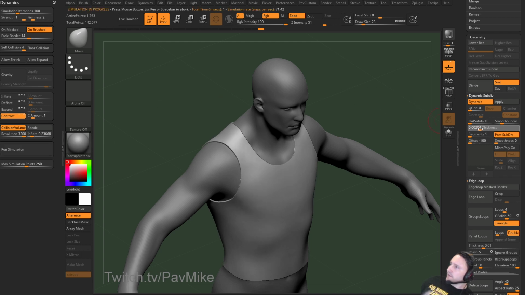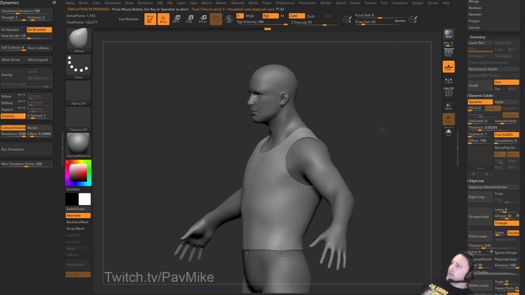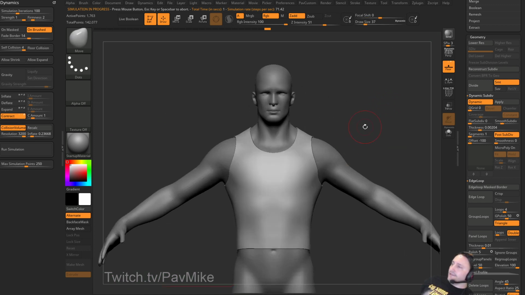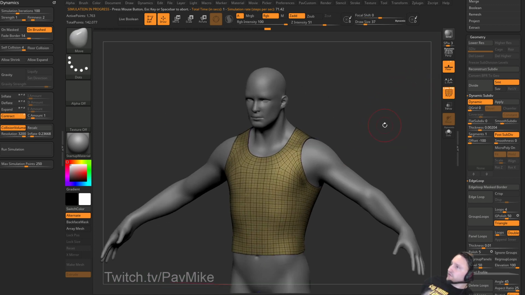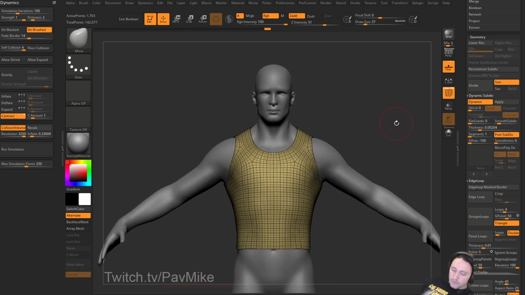Something like this, and let's drop that thickness down. All right, so we've simulated a very easy ZBrush shirt. We have nice subdivision, so if we want to, let's turn the smooth subdiv down to 1, and we can go in here to brush,